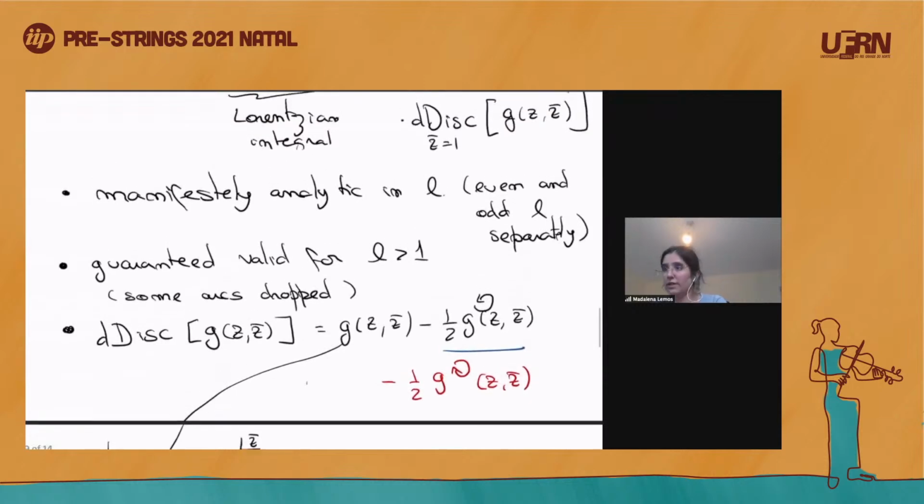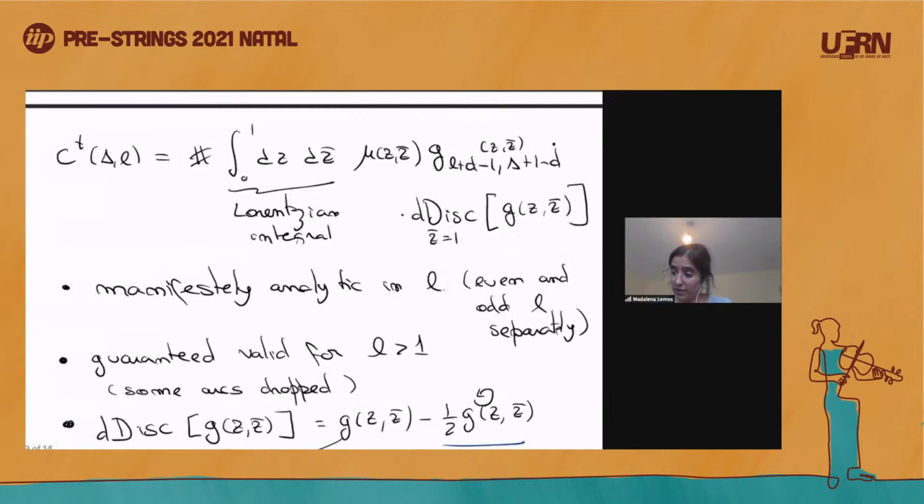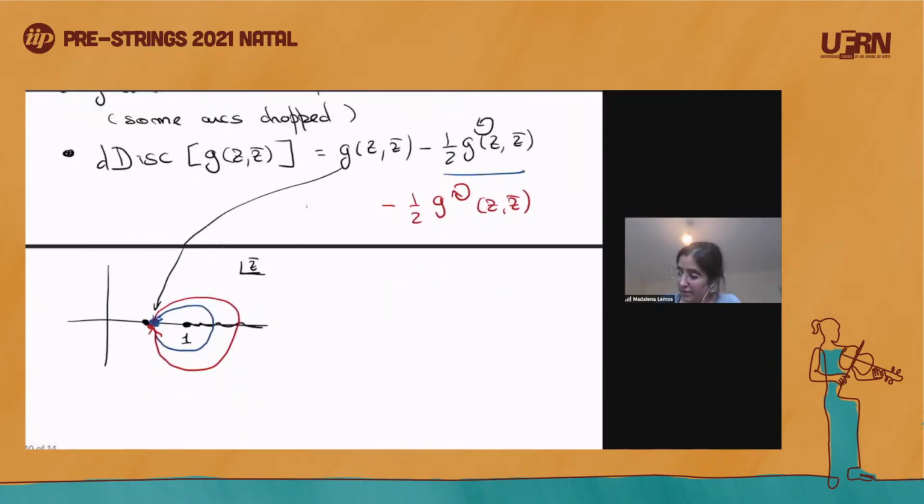So then this established that the CFT data organizes itself in this function that is analytic in spin. So it's encoded in this function that's analytic in spin, and it's computable through some kernel against the integrate. So by integrating against some kernel, the double discontinuity of the correlator. And this double discontinuity, which in practice is evaluated like this, is something that is actually positive. So it has nice properties, and it has a bunch of other nice properties that I will discuss in a